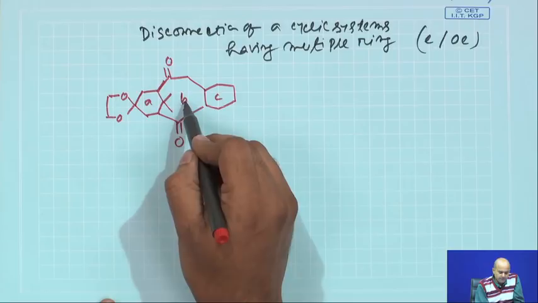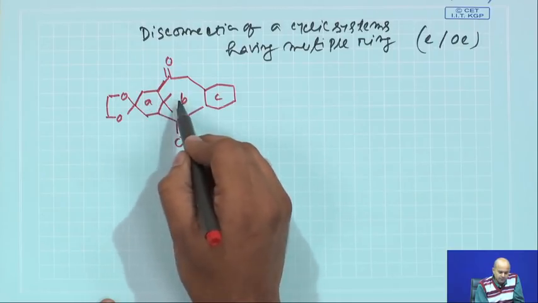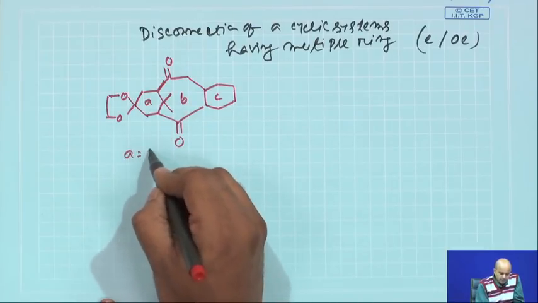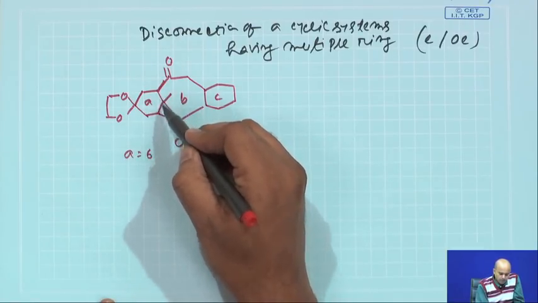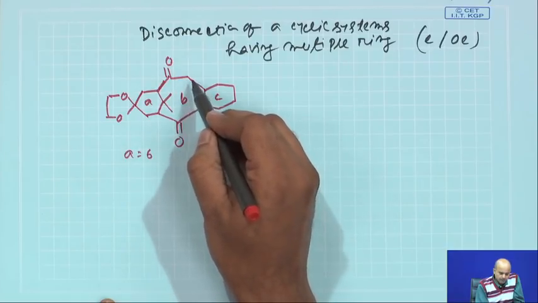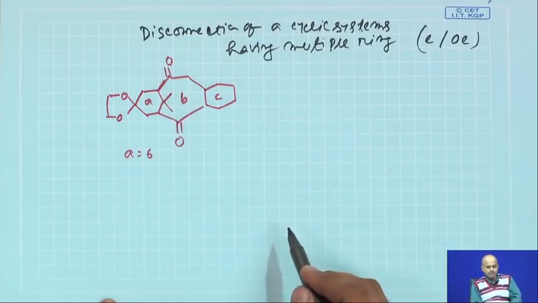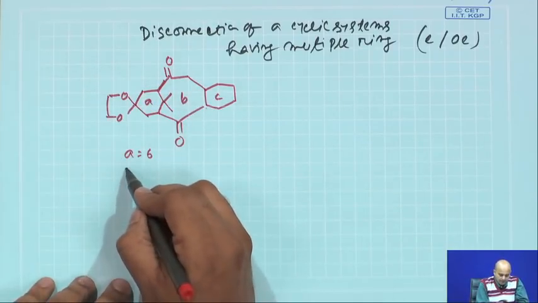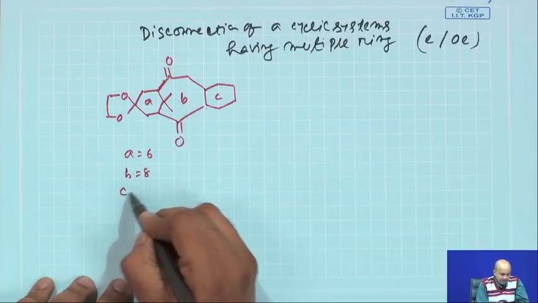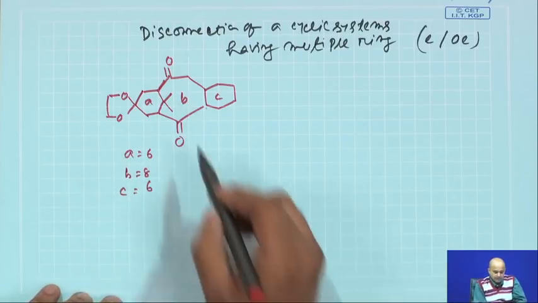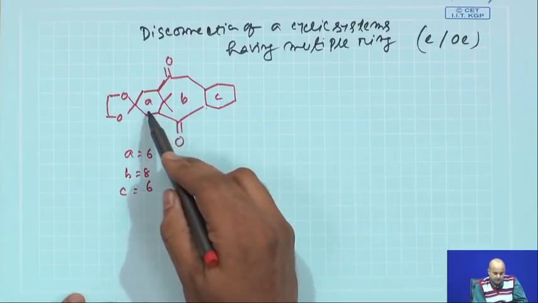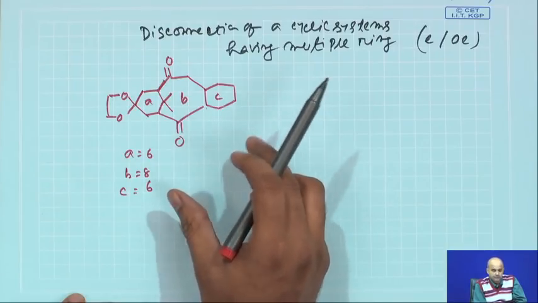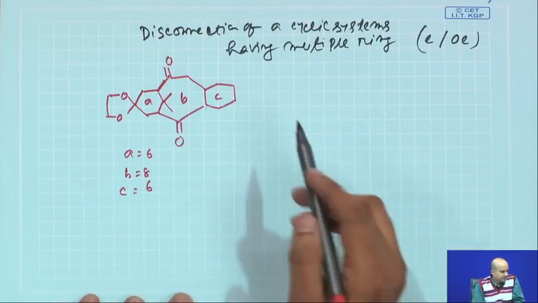Ring A and B is basically a bridged fused, because you are having a dimethyl bridge, 6-member ring. So, A is a 6-member ring. Now, B: 1, 2, 3, 4, 5, 6, 7, 8 is basically an 8-member ring. So, B is an 8-member ring and C is again a 6-member ring. Now, this particular structure, this 6, 8, 6 was the core framework of Taxane based natural products, and here it